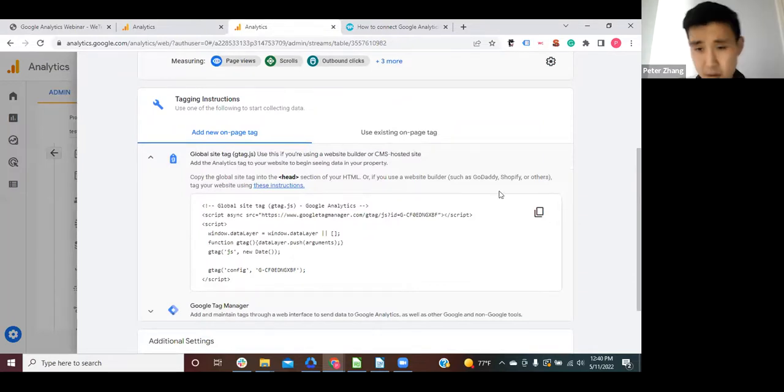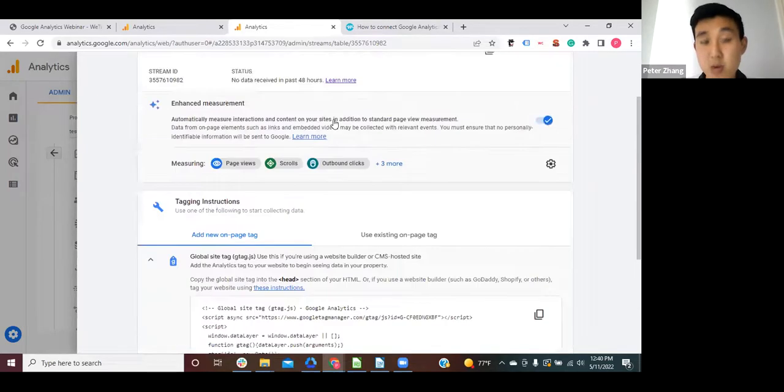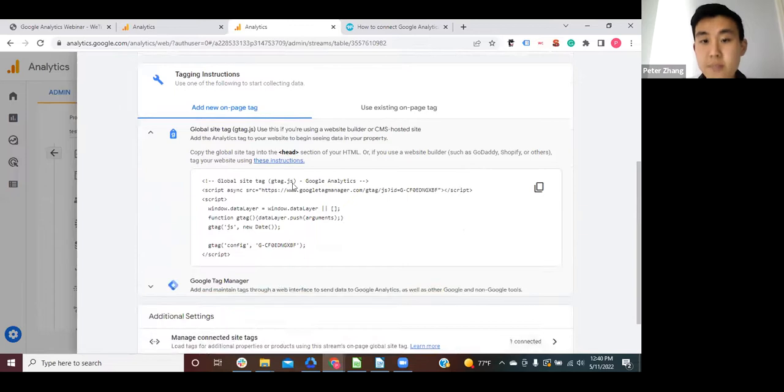And so what you'll do is copy the code snippet, which has your tracking ID, for this Google Analytics 4 property. And then you'll have to find the page source code for your website and add this to the head section so that it appears on every single page on your website. If this is too technical, you can definitely ask a developer or even reach out to the support for your CMS and see if they give you instructions.